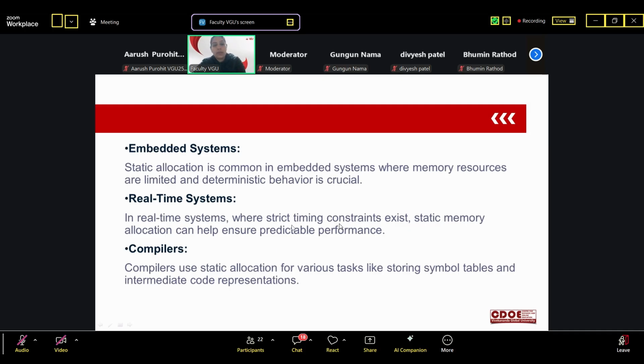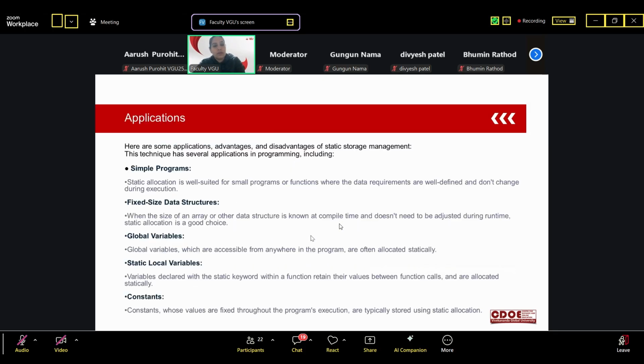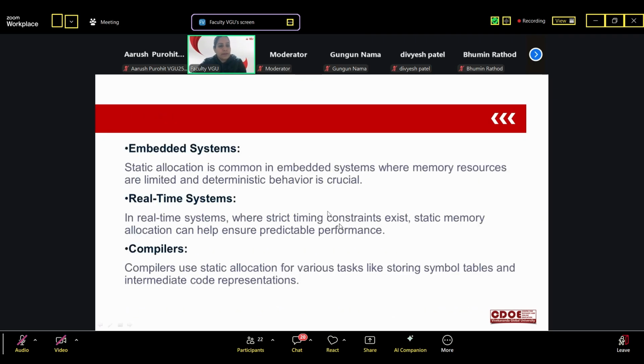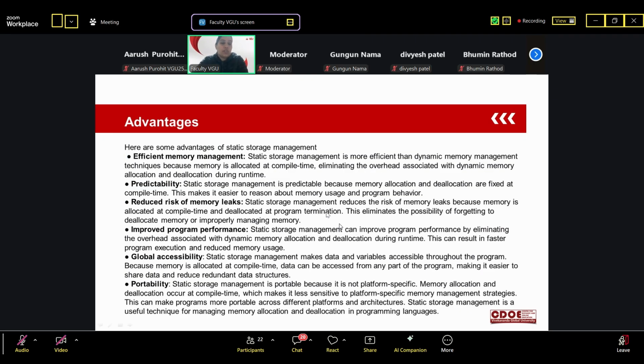So these are the properties or applications of static allocation. Now come to the advantages. The advantage of static storage management is efficient memory management.